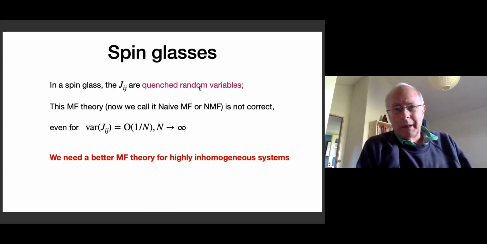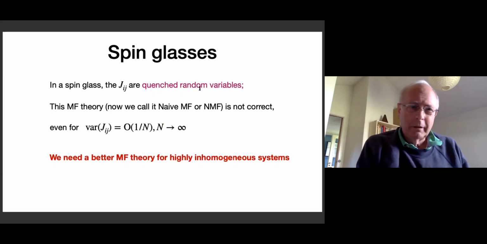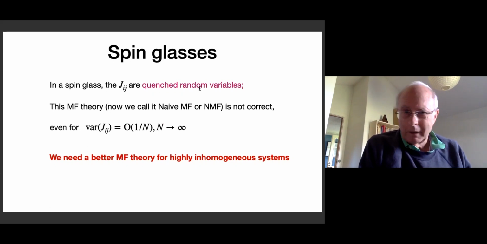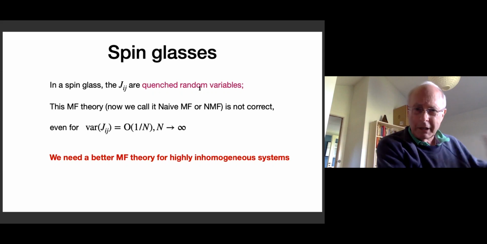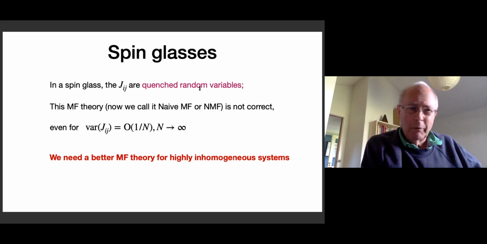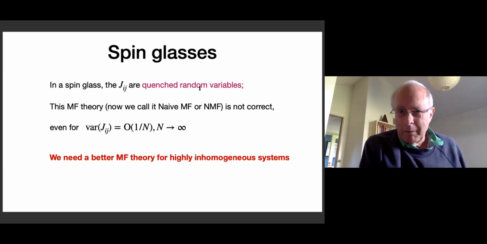Okay, so now I have to talk about spin glasses. So I have one or two slides about that. So in a spin glass, all these coupling constants, the J's, are quenched random variables, right? So you can imagine making many samples. Each one is a different set of J's. Typically, we take them from a unit Gaussian, so just as likely to be positive or negative, although you could bias them a little.